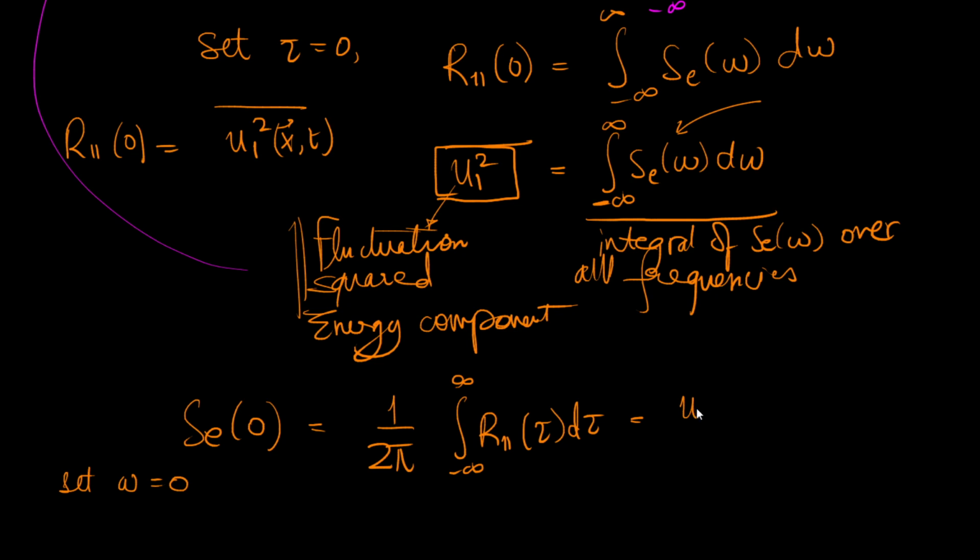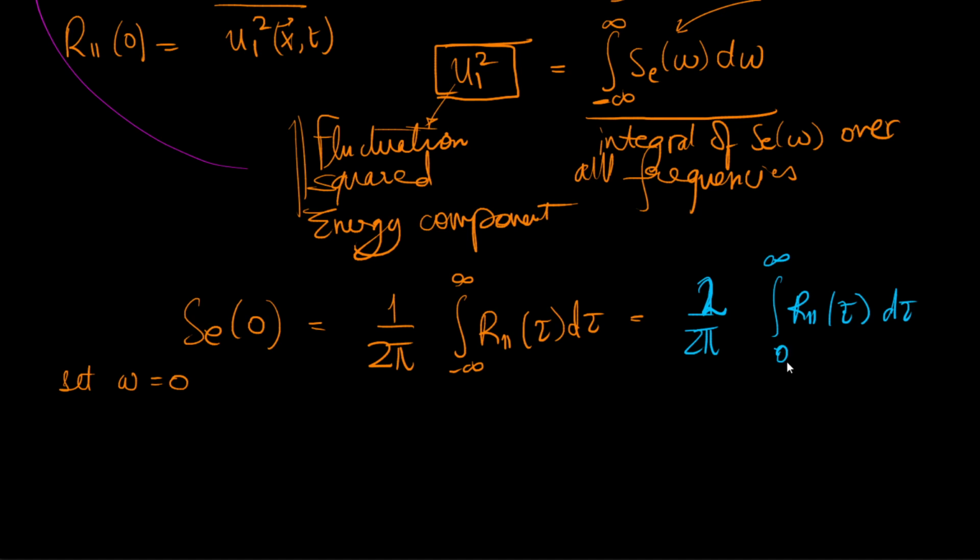So what do we have? Basically, 1 over 2 pi, so this becomes twice of integral 0 to infinity R11 of tau d tau,